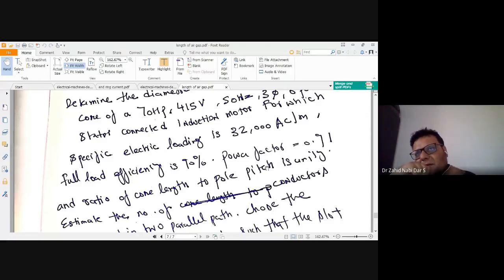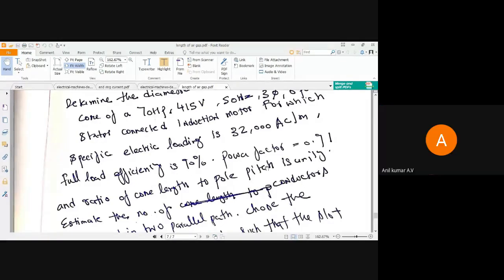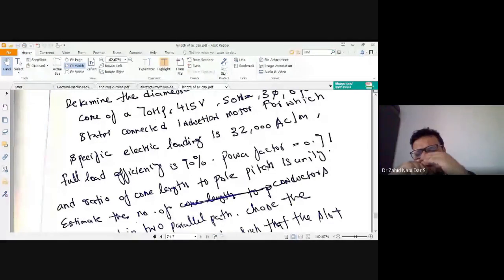You can read a book by Stephen Chapman, or your basic electrical engineering book. You can read this book from Sadiku. I can give you the PDF of that book. Okay, sir, please send it, sir. We didn't have the books, sir. Yeah, I can send you the PDF.